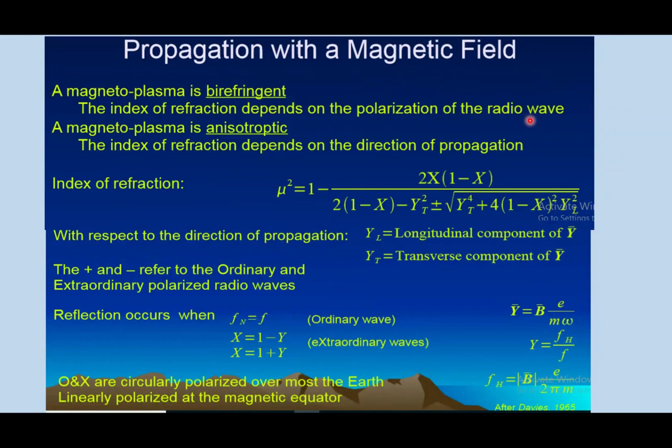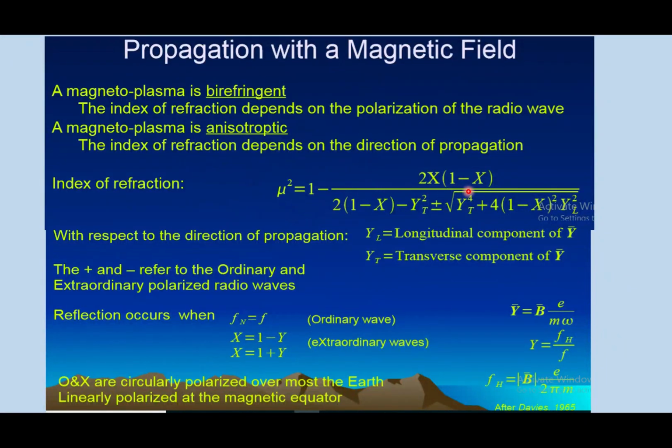Another property of the magnetoplasma is that it is anisotropic. That means the index of refraction depends on the direction of propagation of the wave, that is, depends on the k. So under this condition, when we take into account the effect of the magnetic field, the index of refraction can be written by a more complicated formula. Mu square is equal to 1 minus